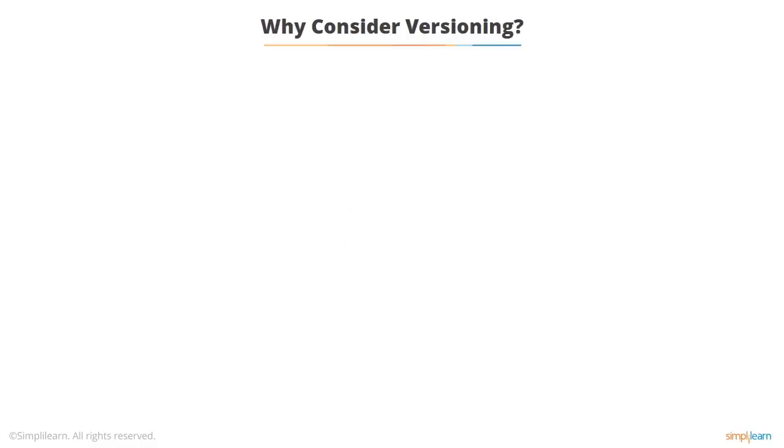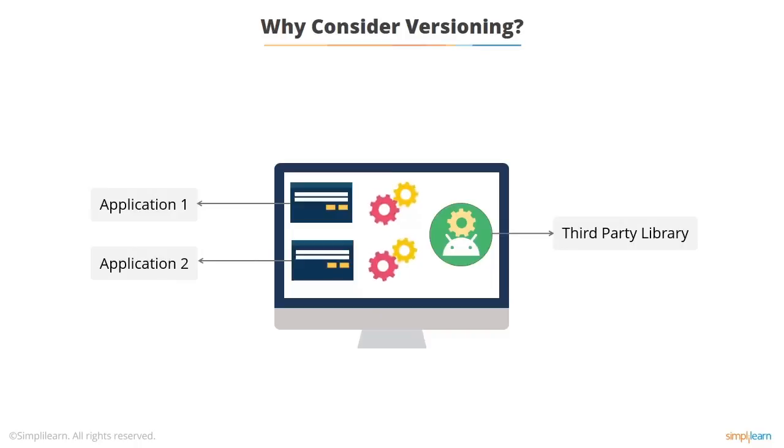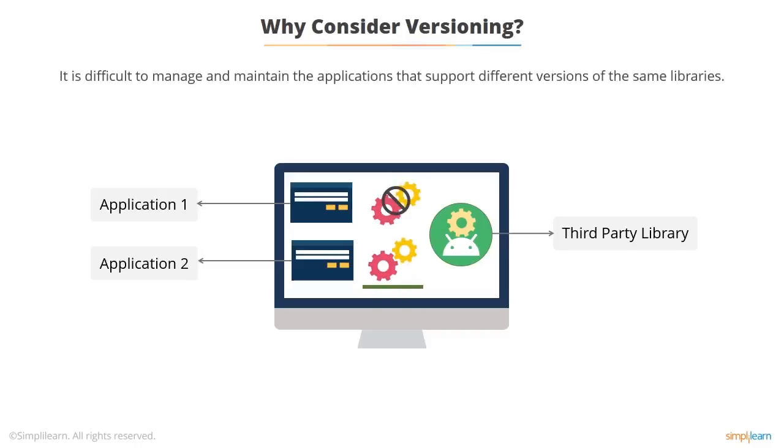And there's also dependencies on different libraries, and this is what causes a lot of problems. If you've got an application which is dependent on a third-party library, then you add a second application which is dependent on the same third-party library, and one of them needs a later version of the library, it could break the first one, which is a real problem. Then you start having different versions of libraries, which starts to get incredibly messy and difficult to manage and maintain.